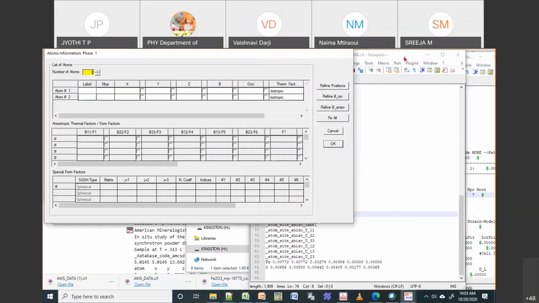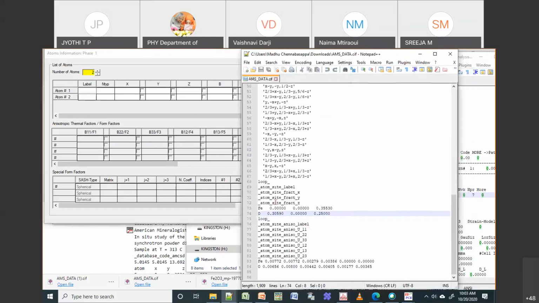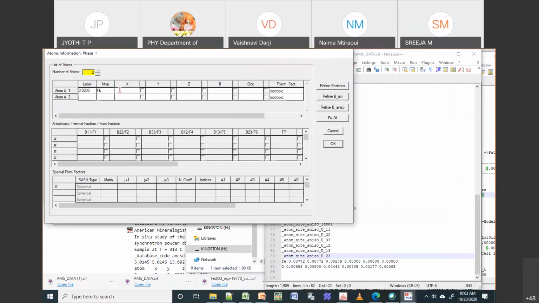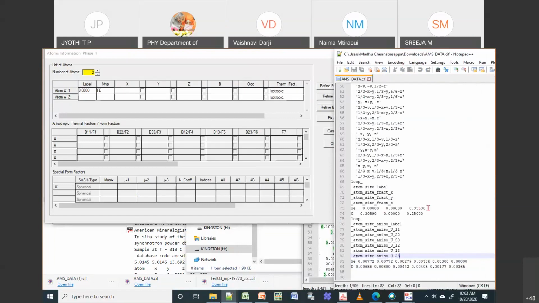Now what we'll do, I will give this information here. Iron is in this Wyckoff position, 0.355. The same thing I have to put here. Label you can give anything, I will just put Fe or Fe1. Then iron is Fe, which is your iron element, and then your positions are 0, 0, and 0.333. So 0, 0,